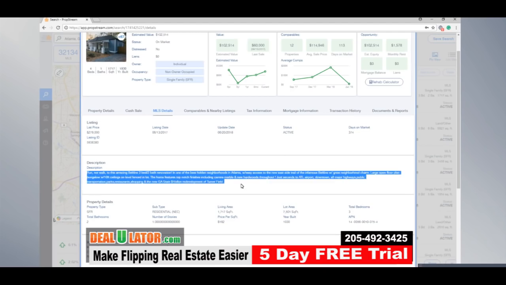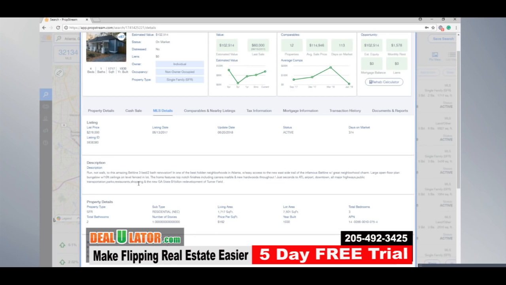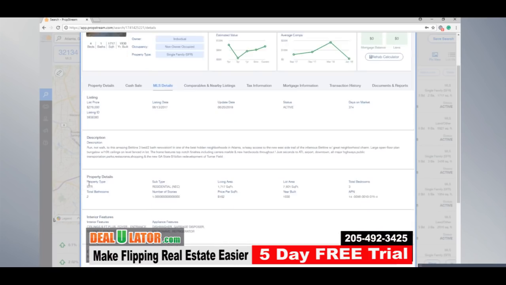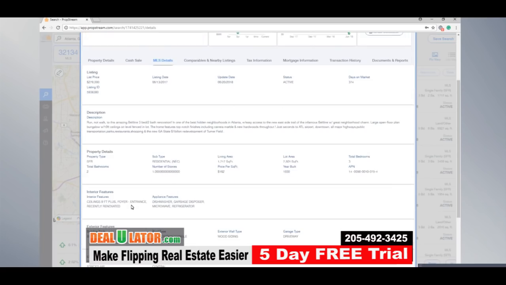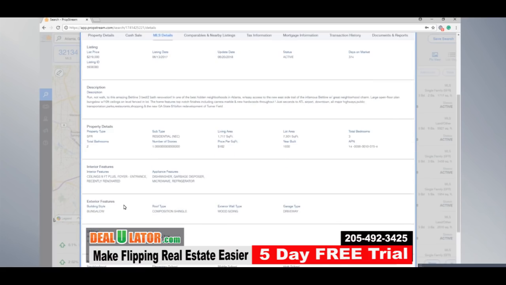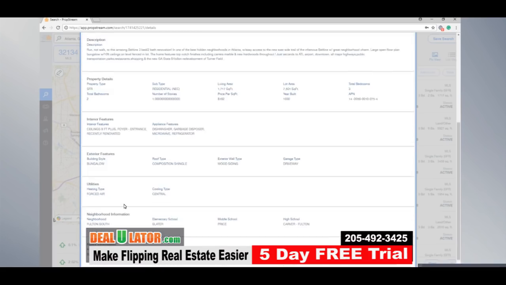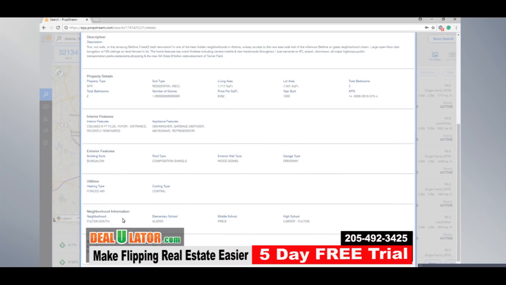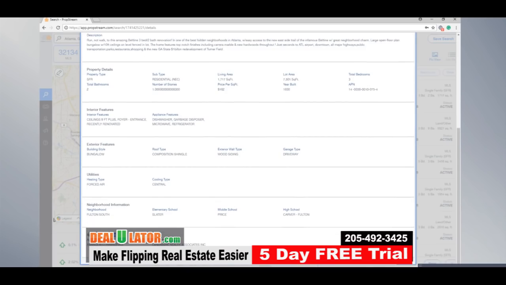Yeah, and then we can capture this, what we call the agent description. Here you're able to see what the agent, who's obviously listing the property, has applied to it. So you'll see things like needs TLC. Sometimes you'll get dimensions, or it's a fixer-upper, which is a very important description some people look for. We get the agent's property detail information down below, their interior features, exterior features, utilities. Again, we get neighborhood information. And then most importantly, we get the agent's information here